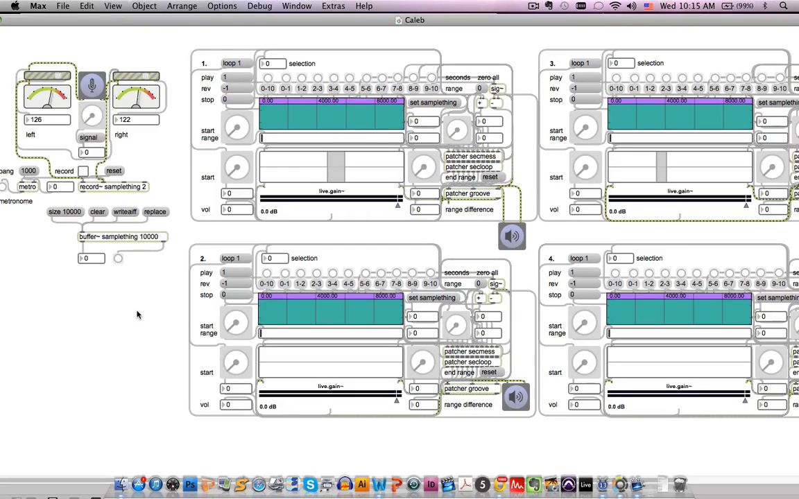Hi, I'm going to tell you now about this patch that was made by Caleb Neubauer in 2012, and I think he says Neubauer. Okay, and as you see in this patch, it has a recording